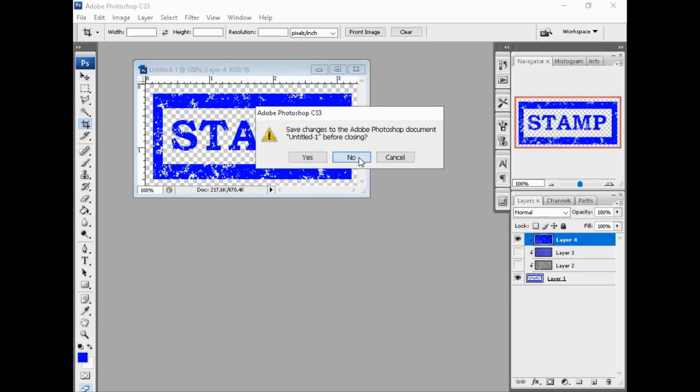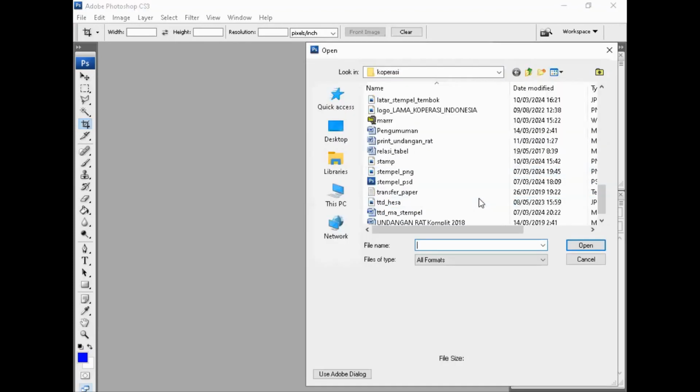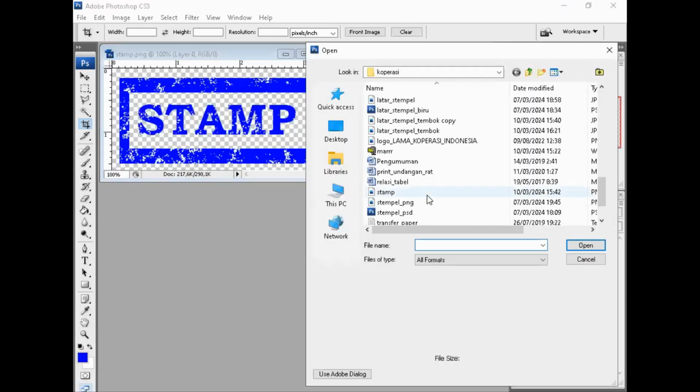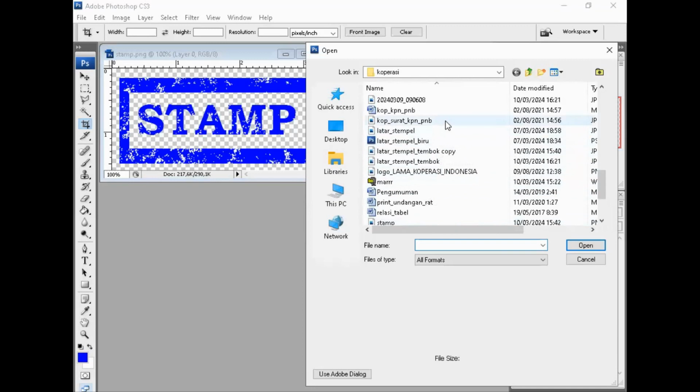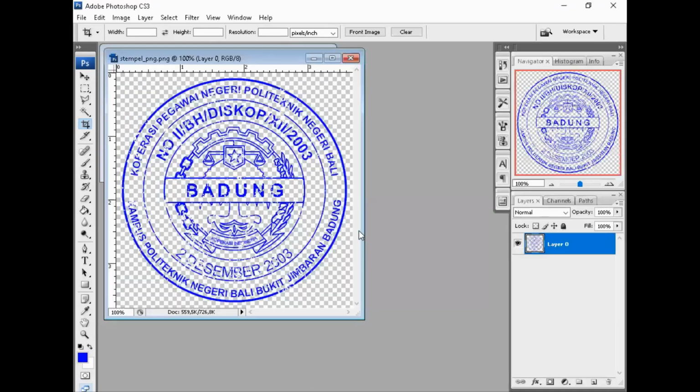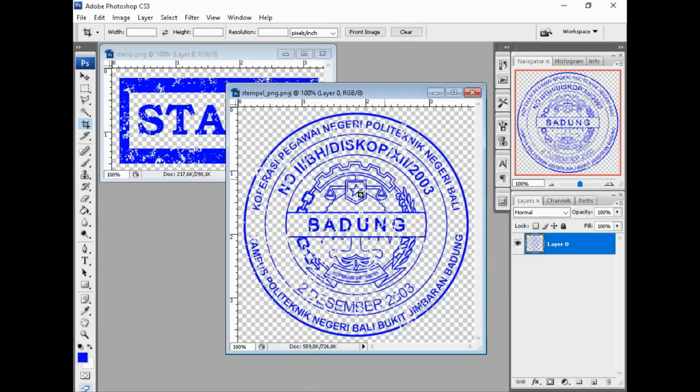If you want to create another one, oh okay, this is the result. That's another example like this. Okay, this example like this. You can create it like this and put it like this.